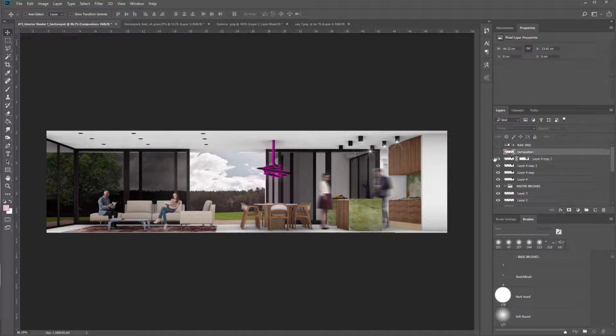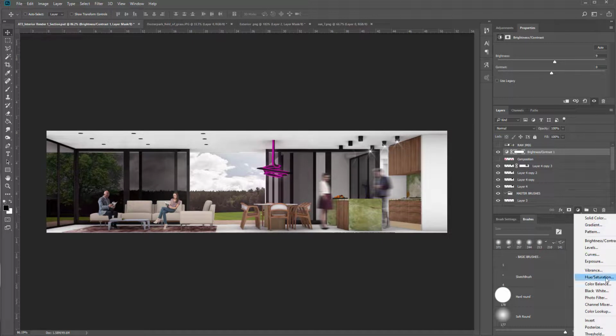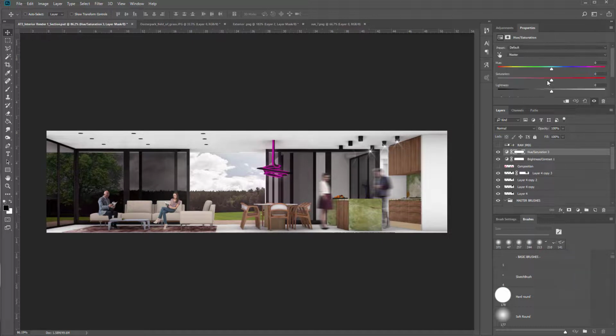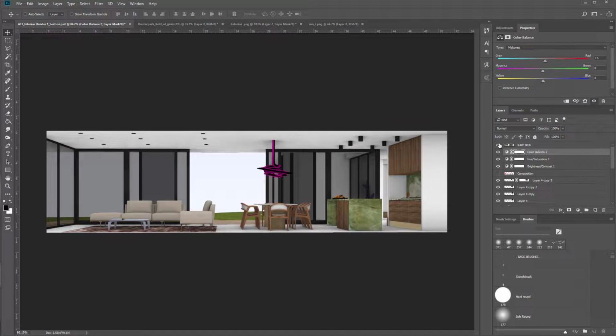And then finally just sort of going through and adding a few more adjustment layers again. So I go, say for instance, even just brightness and contrast, bring up the brightness of the entirety of this render. Hue saturation, take out some of the saturation in general, just a smidgen. Color balance, add a little bit more reds. That could be it. And then if I show the original, so again, that's the original render we started with,